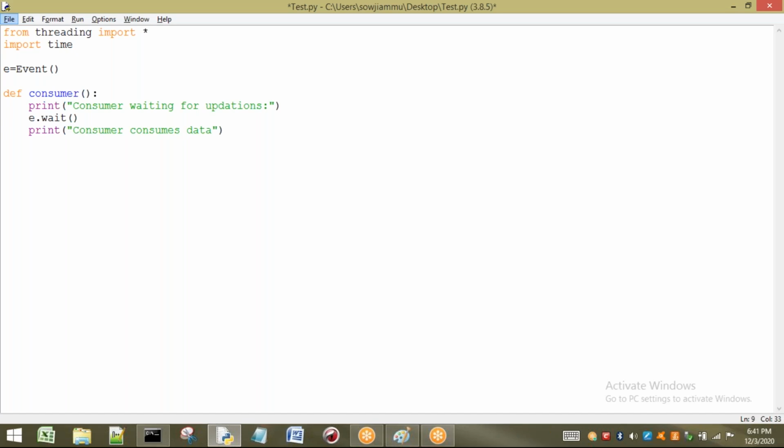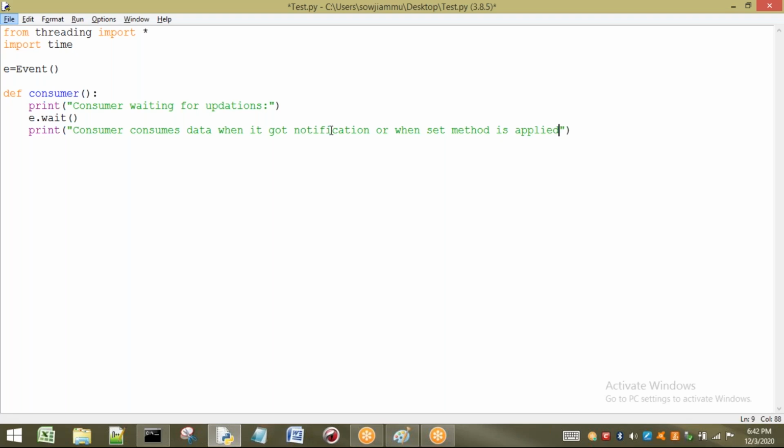I'm going to write "consumes data." When can it consume data? When it gets notification, or when the set method is applied.